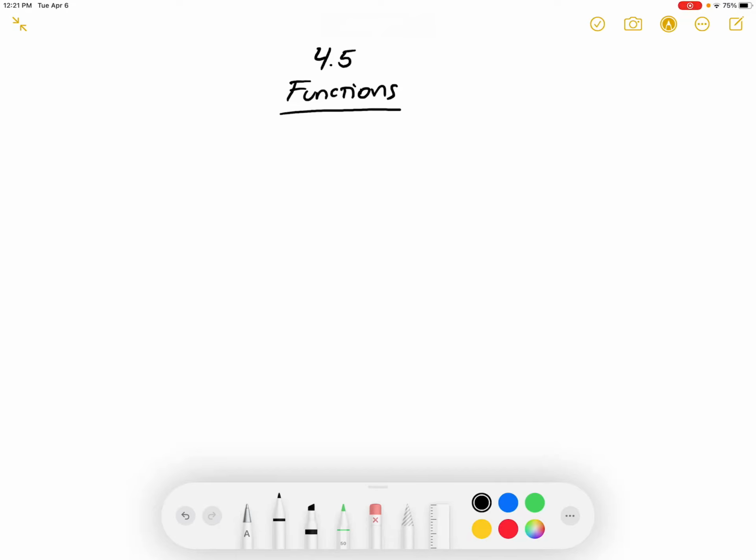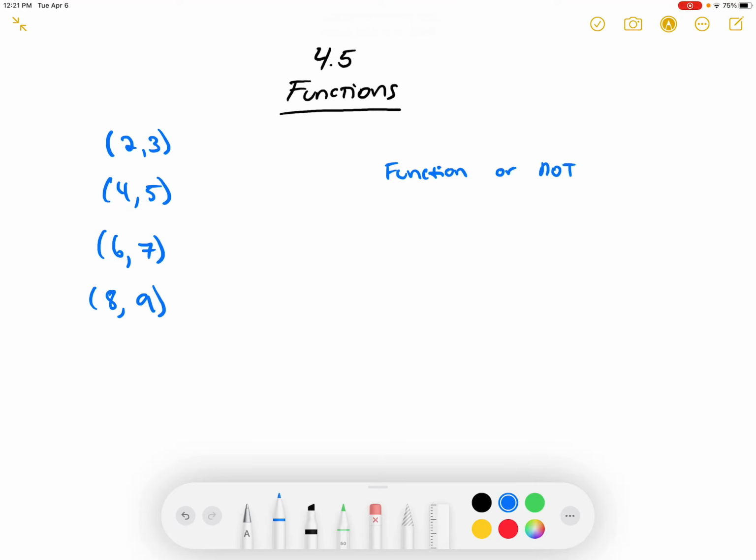All right, this one is for 4.5 functions. Another simple idea. We've been talking about ordered pairs. For example, we had stuff like 2 comma 3, 4 comma 5, 6 comma 7, and 8 comma 9. All right, so now what we're going to say is, look, when we give you a group of points like this, a group of ordered pairs, we want you to determine if this is a function